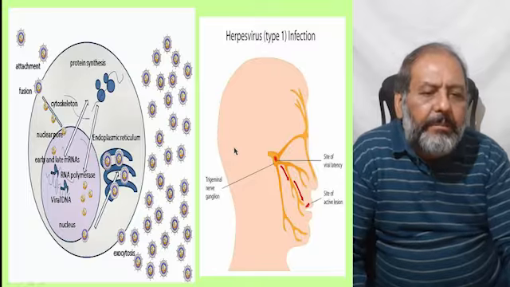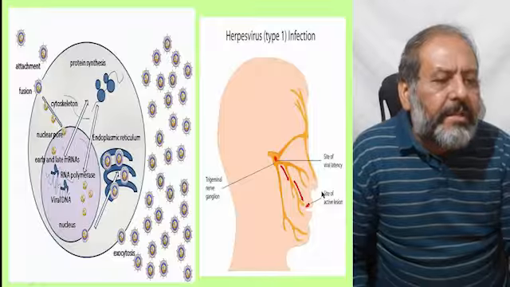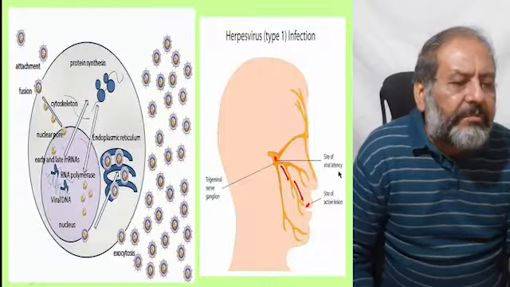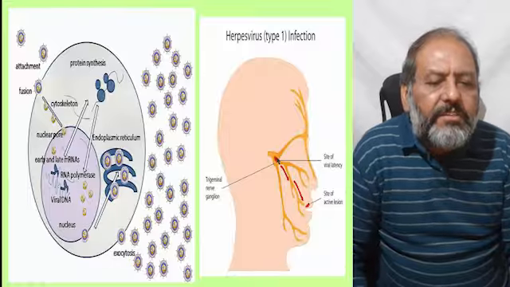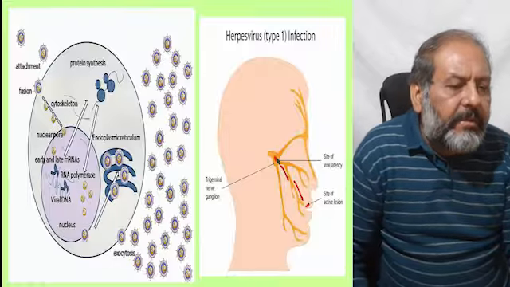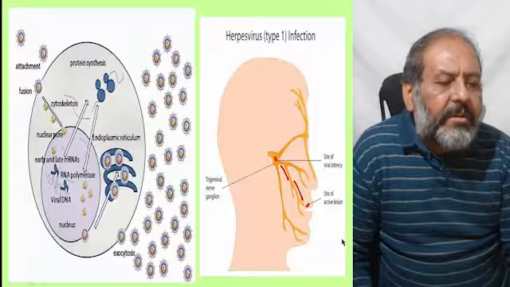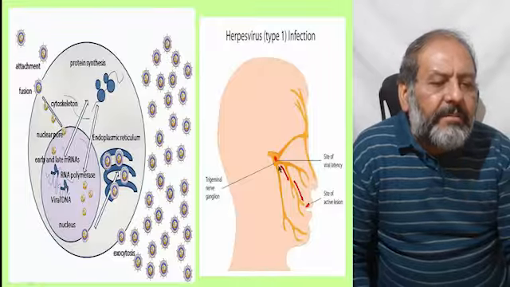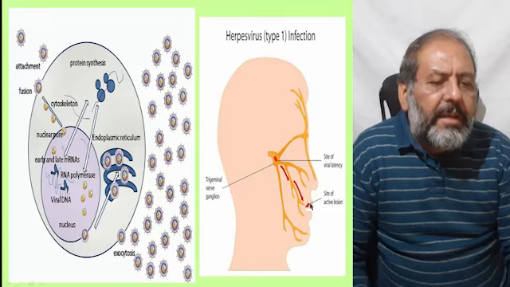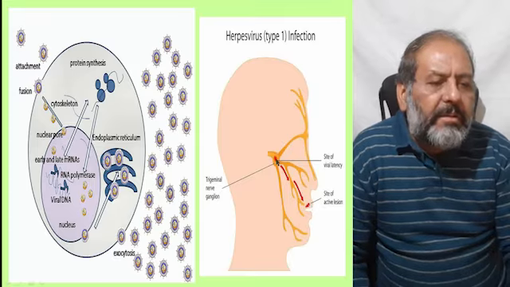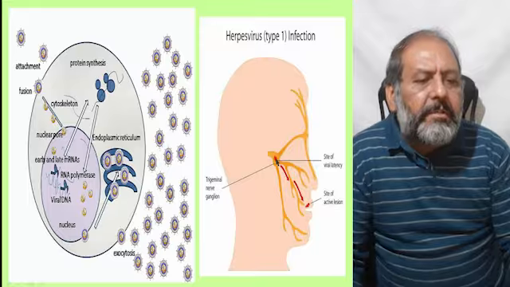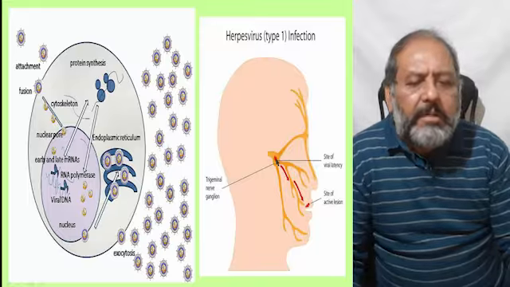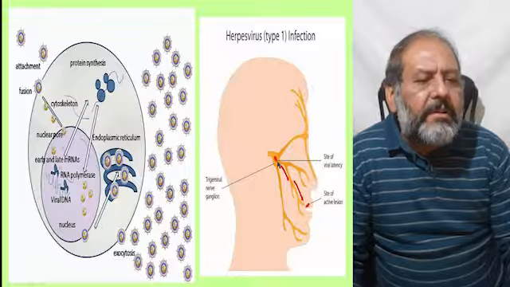So the site of viral latency is the trigeminal nerve ganglion, and the site of the active lesion is the skin. When the virus comes out from here to the skin, it appears as a blister, but the virus gets latent and remains dormant for years and years in the trigeminal